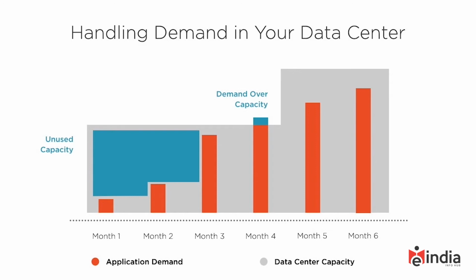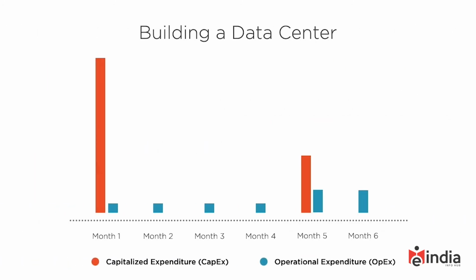Now let's talk about how you fund this type of initiative. Initially, when you're building out your own data center, you're first going to have a very large upfront capitalized expenditure, or CapEx, to build out your data center, to take care of that building and all of those servers that are going to be needed. Then you're going to have an operational expenditure that's going to happen month to month. But if you notice when we increased our capacity between month 4 and month 5, we had another large upfront capitalized expenditure followed by an increased operational expenditure as we now have to operate more servers and more equipment. Now this is how it works with your own data center.